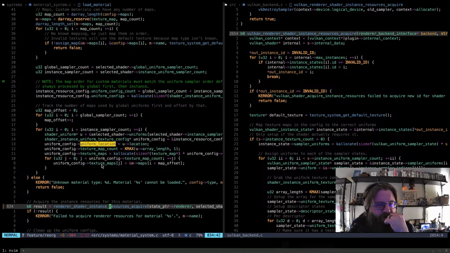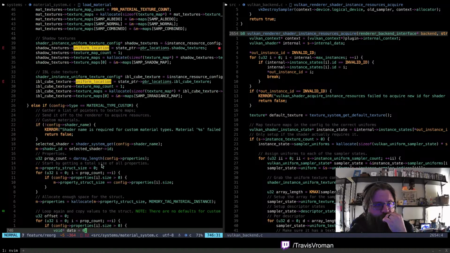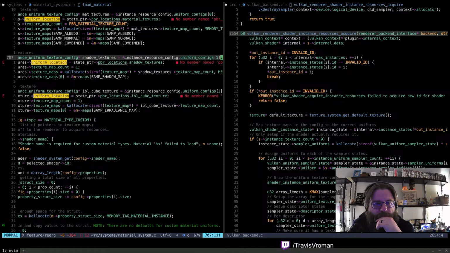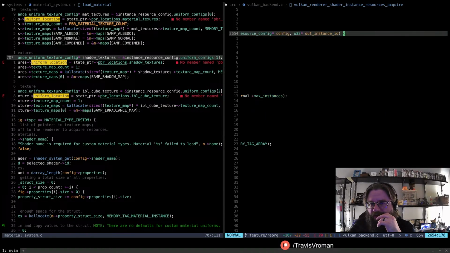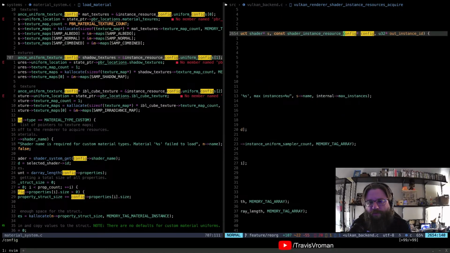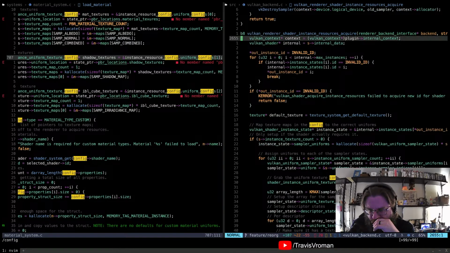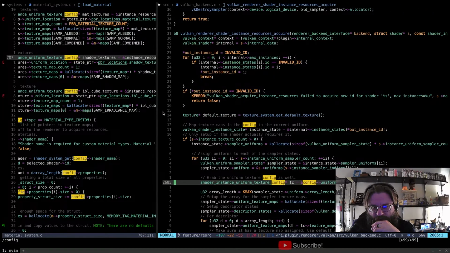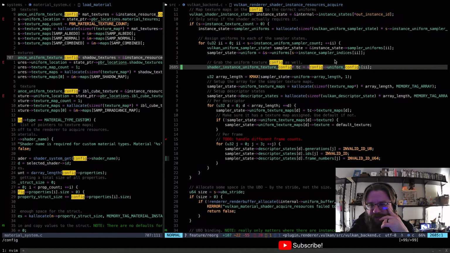Right, because this is uniform configs. So that's literally part of this object, which is passed in here. Uniform configs right there. So this is where that's actually used, right?